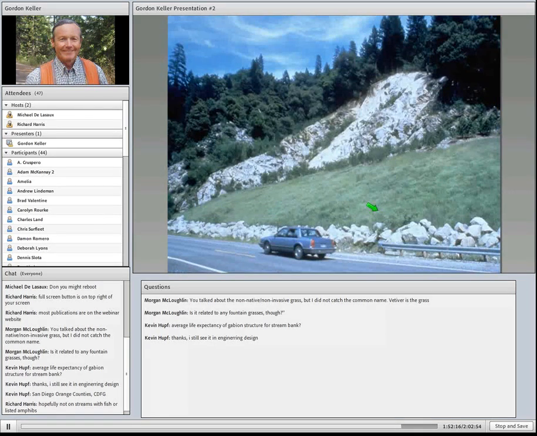Here's a site that was along Highway 70 in the Feather River Canyon, if anybody is familiar with it. We took about 15,000 yards out of here for a storm damage repair project because there was no other site. But then it was re-flattened here, reseeded, replanted some of these trees here. So it doesn't quite look like the natural forest, but it'll